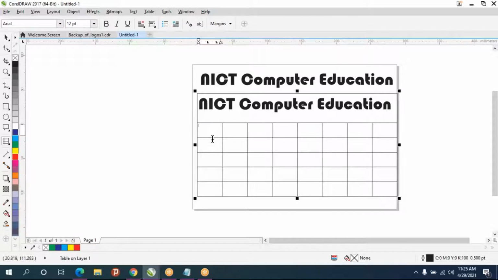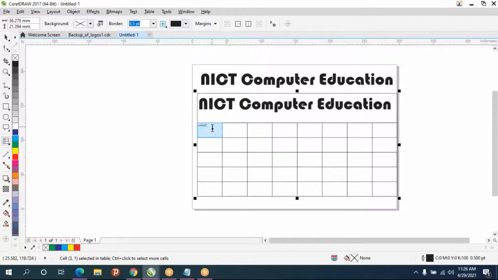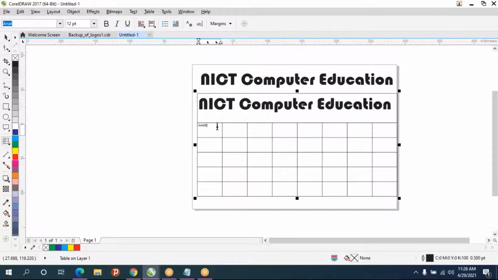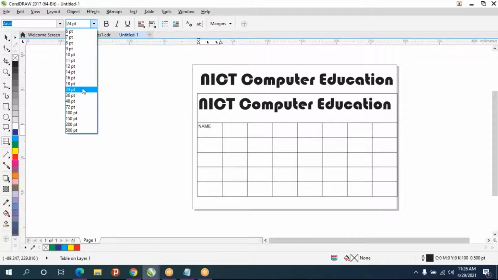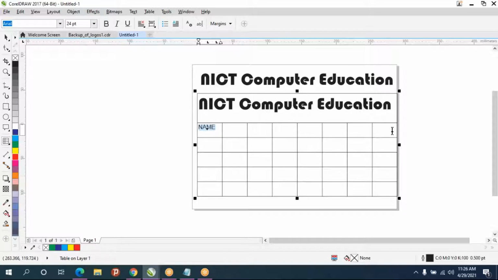And by double clicking on the cell, you can edit the cell. And by selecting the text, you can increase the size of this. So like that, you can type whatever you want.